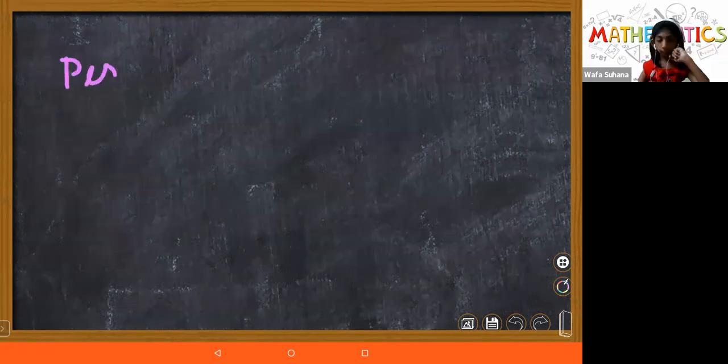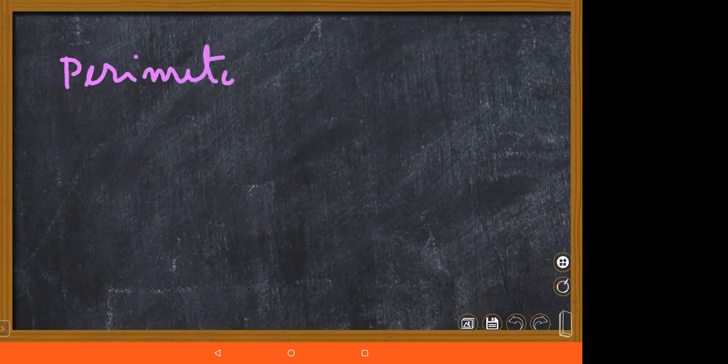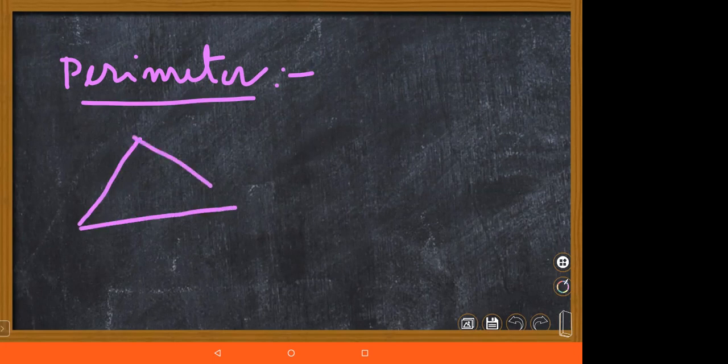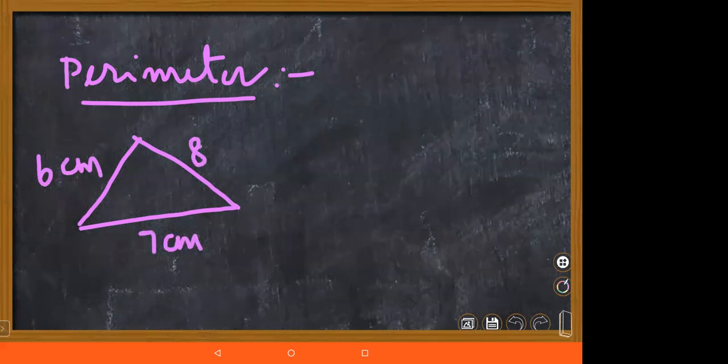Now we will go with exercise sums, children. You need to calculate the perimeter of the given figure. Now I'm going to take a few examples. One student I will call, children. Now I want to call the attention of the student Lohini. Please respond, Lohini. Yes, ma'am. 6 centimeters. Here 7 centimeters. Here 8 centimeters. I need to find the perimeter.